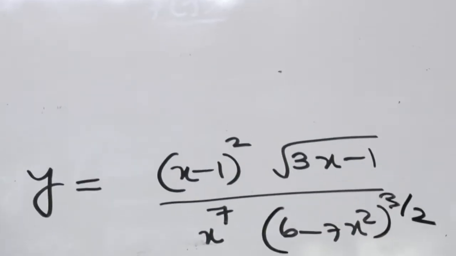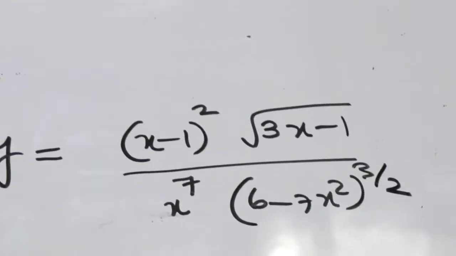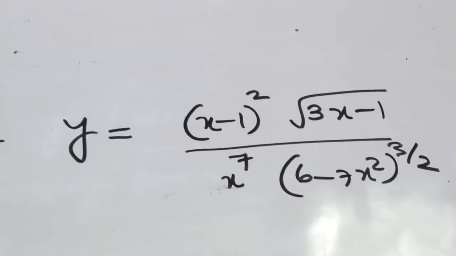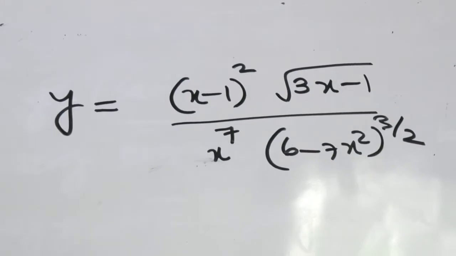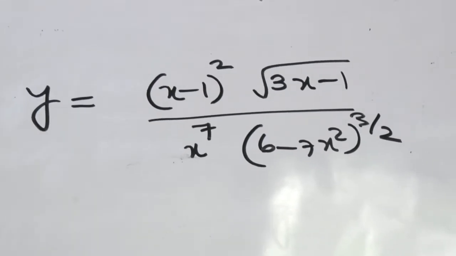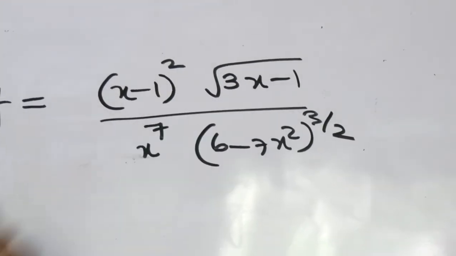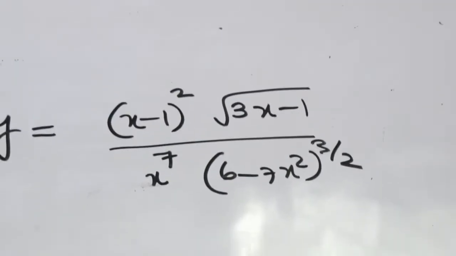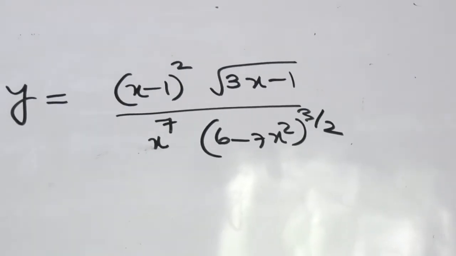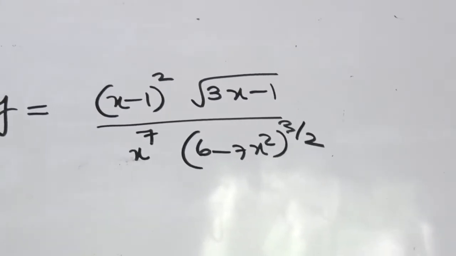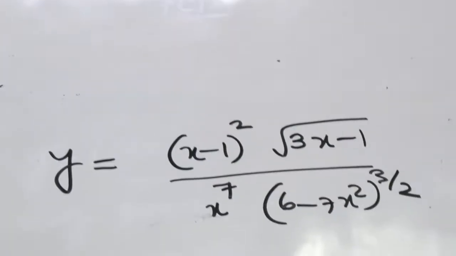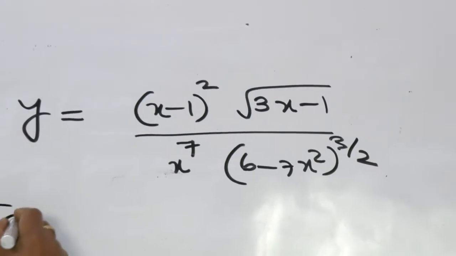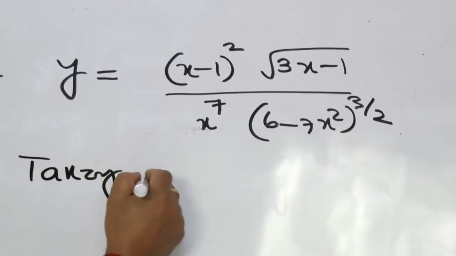In this case, we shall take logarithm on both sides because it is not easy to differentiate the function by the quotient rule. Divide rule you cannot use because numerator is product of two functions, denominator is also product of two functions. It is not easy to differentiate directly. So we have to use logarithm on both sides. So after simplification, then we will differentiate. So taking logarithm on both sides,